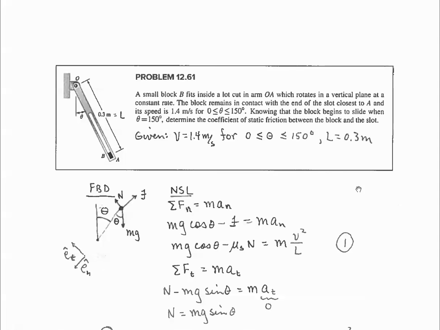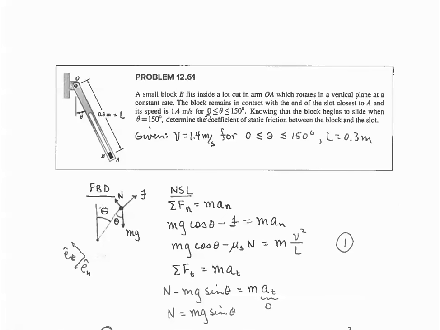Problem 12.61 involves this system right here. A small block B fits inside a slot cut in arm OA, which rotates in the vertical plane at a constant rate. The block remains in contact with the end of the slot closest to A, and its speed is 1.4 meters